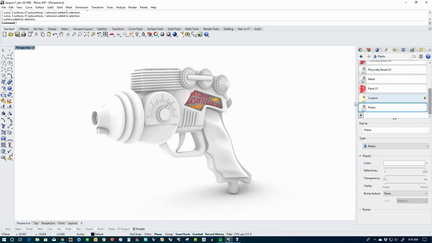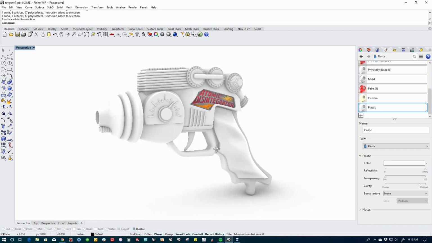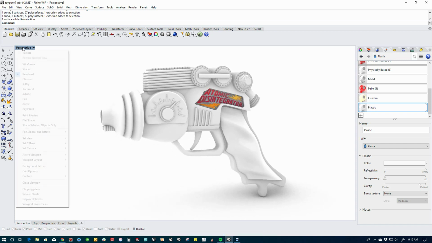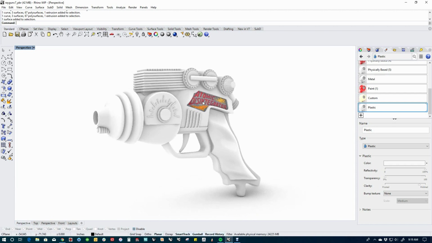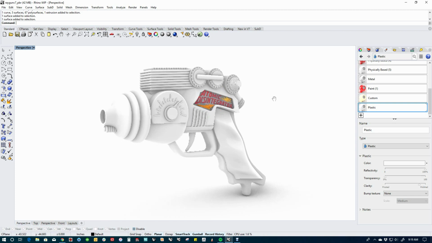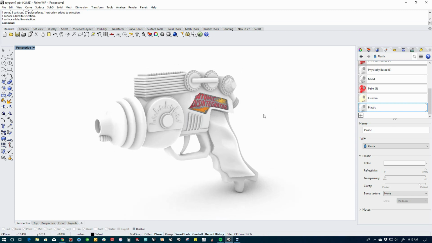I've got this model here that we built for a getting started video a while back, and I thought it would be a good rendering demo. And if you look here, we're in rendered mode, and I don't have any materials applied. I do have a label or a decal applied, and that system changed with version 6. If you haven't used decals, we'll talk about that in a different video, but I've got a little decal applied to this, and I've got some